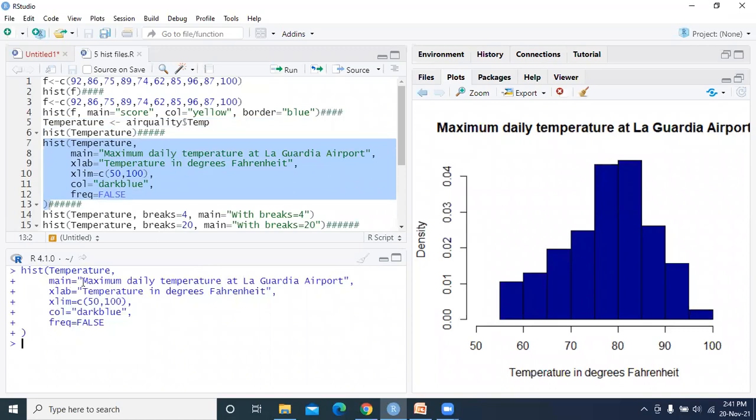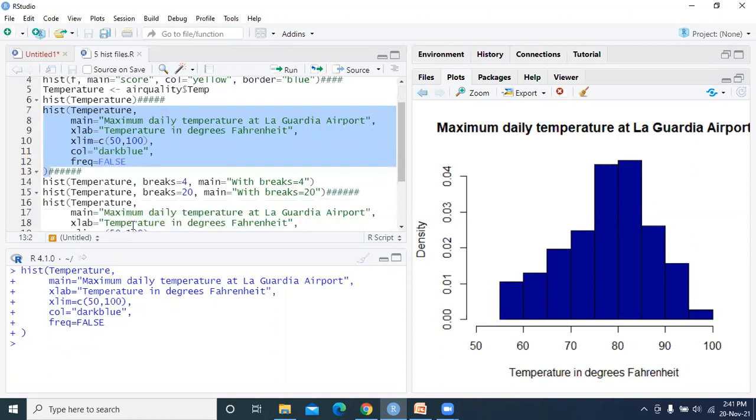We have given the title as maximum daily temperature at LaGuardia Airport, and the x-axis is labeled temperature in degrees Fahrenheit, and xlim is 50 to 100 only. So the range is 50 to 100, the color is dark blue, and freq is false.